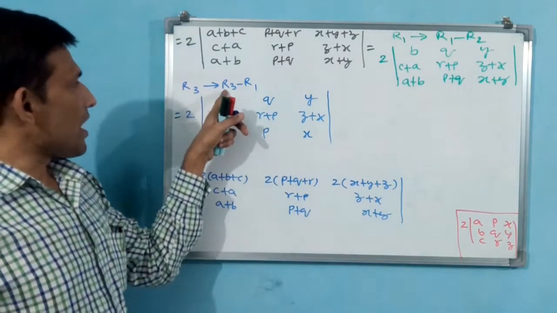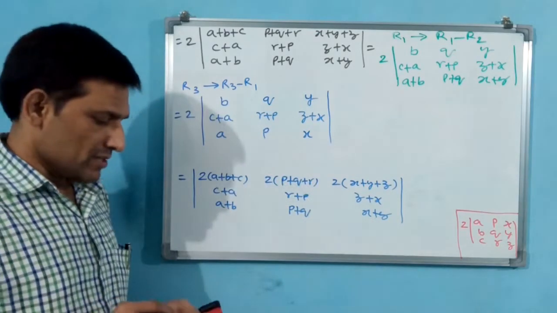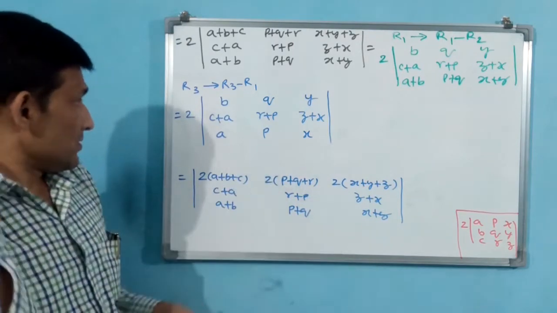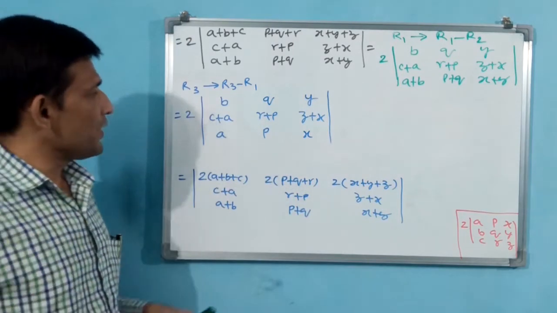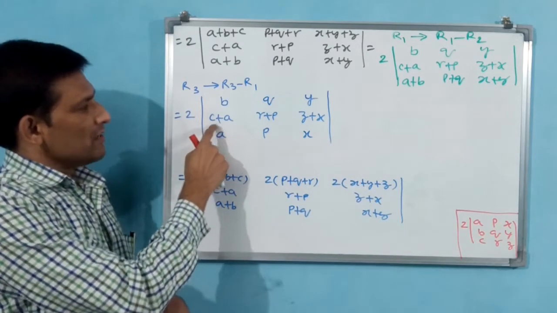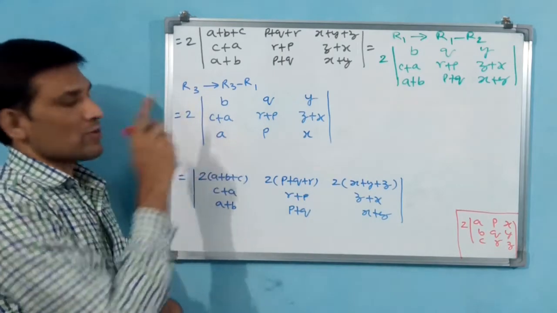Okay. R3 minus R1 you have done and written in R3. Okay, this also is over. Like matrices only we have done here. Now let us do the remaining. Now you see, A is there, A is there. You can remove A. C only will be left. R2 minus R3 and write in R2.